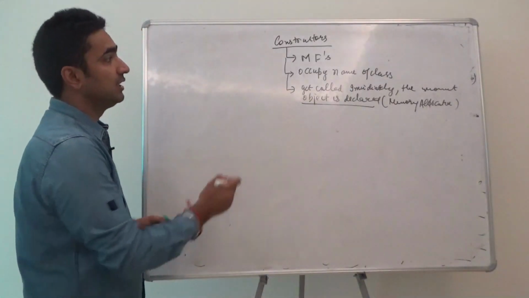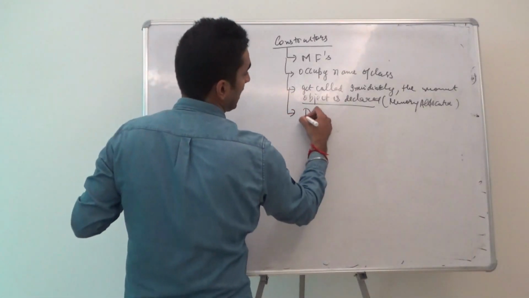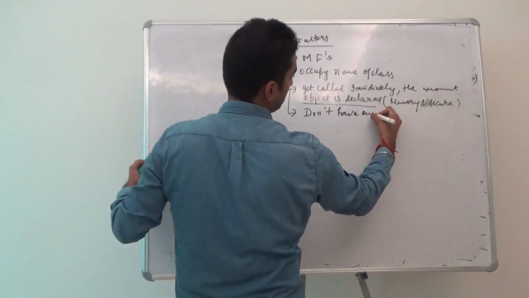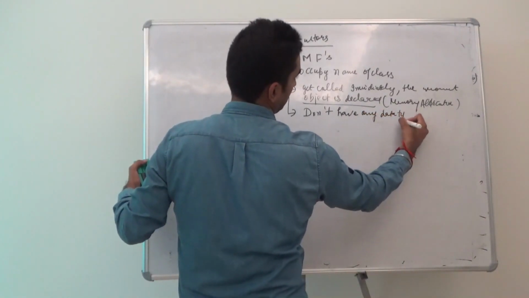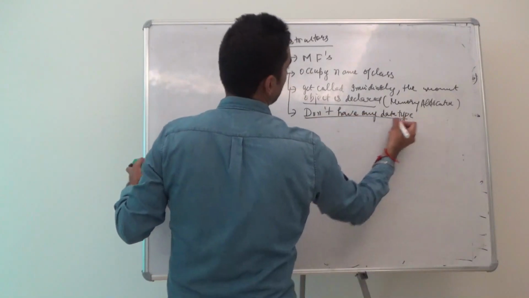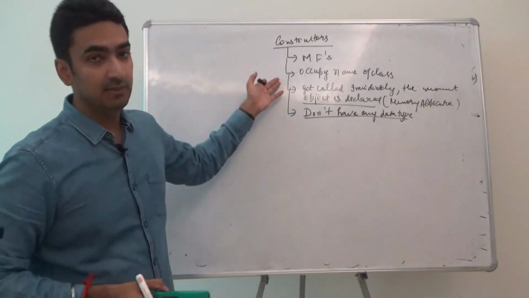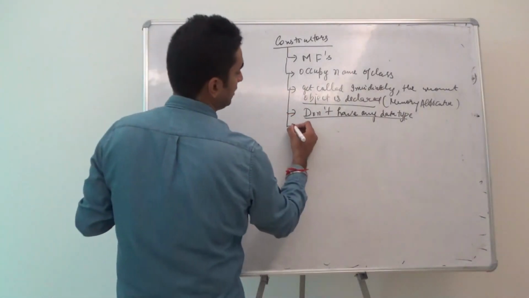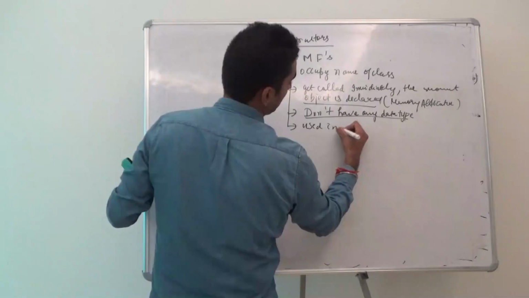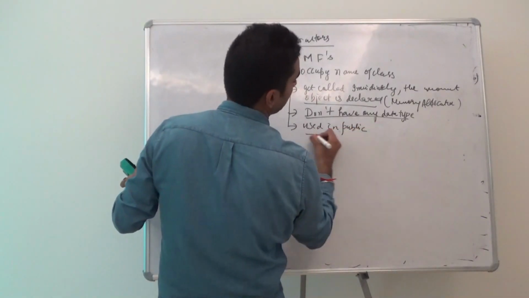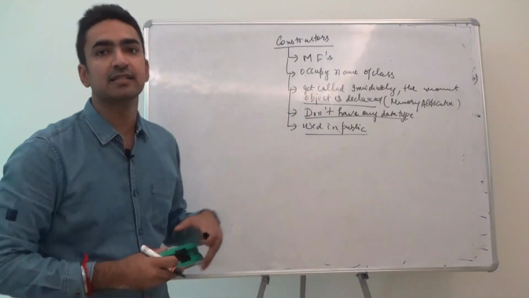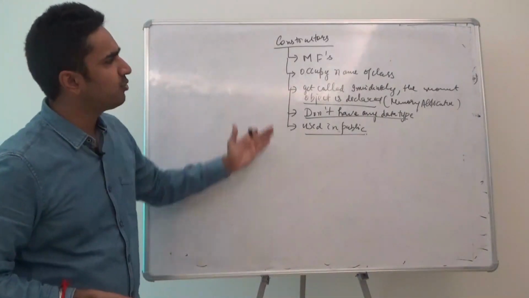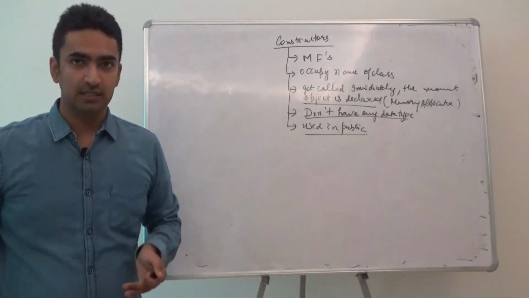Now these are member functions, and important points, they don't have any data type, not even a void. They get called automatically. They occupy the name of the class. They are member functions, right? And they are always used in public section. Why? Because if I use them in private section, private things cannot be accessed outside the class. These are 5 important points before you do constructors.